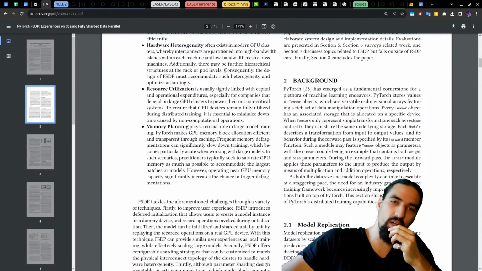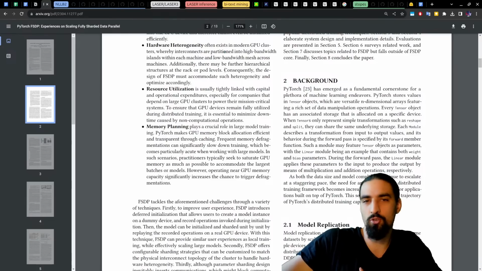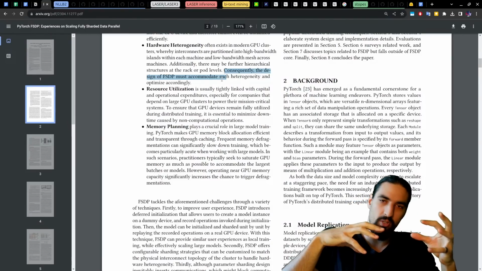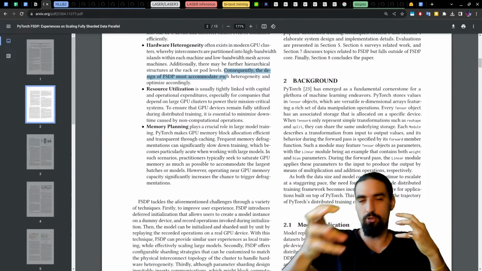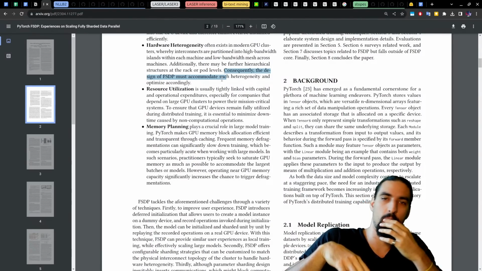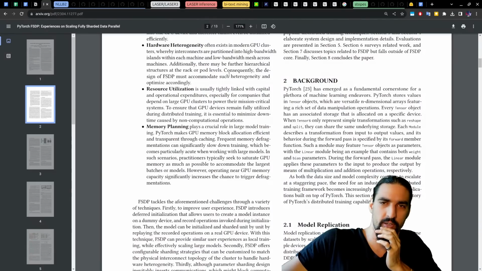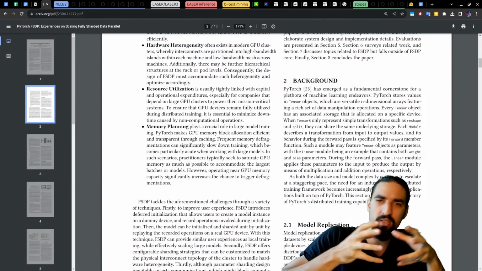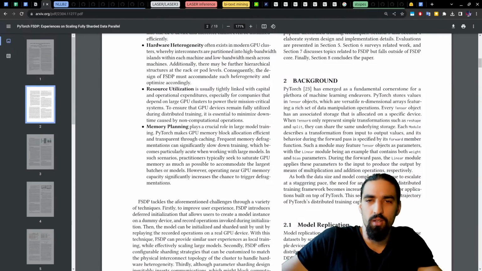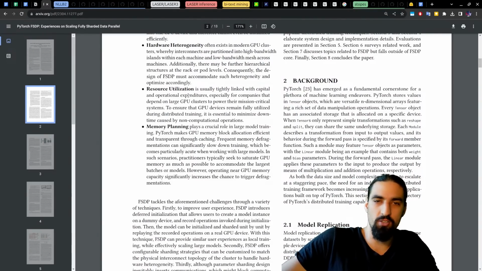I mean, even at the GPU level, as we saw, like if you saw my blog on Flash Attention, obviously there are different memory modules in a GPU, like SRAM, which is super fast. There is the VRAM, which is the slow and the scarce component. That's actually the main bottleneck behind deep learning. So yeah, it's both internally inside of the device as well as externally, that heterogeneity, however you pronounce it. Okay. Consequently, the design of FSDP must accommodate such heterogeneity and optimize accordingly.